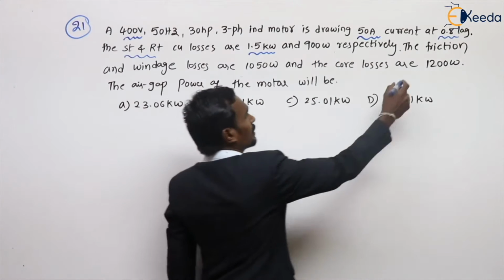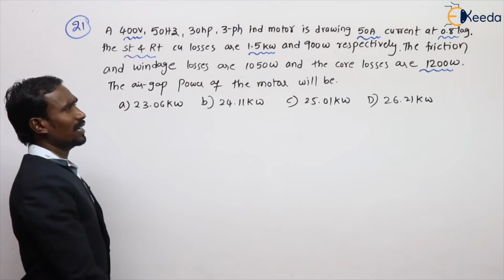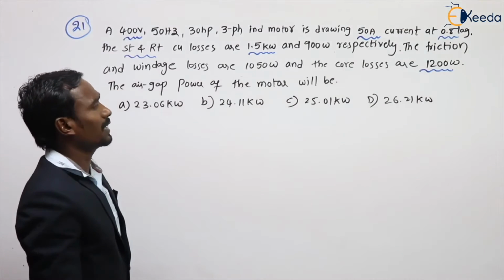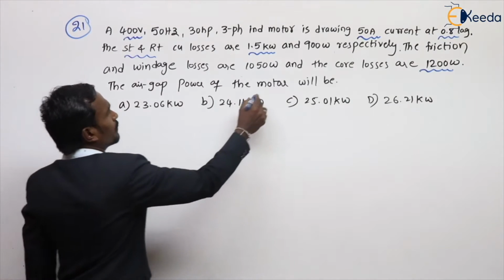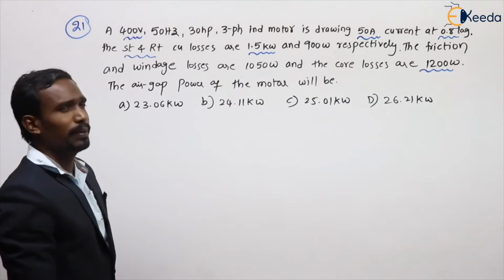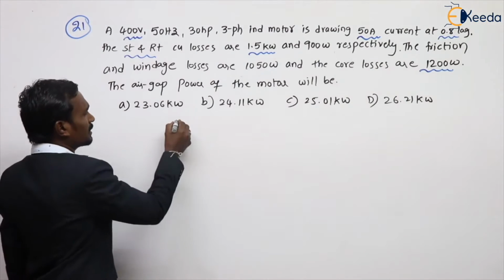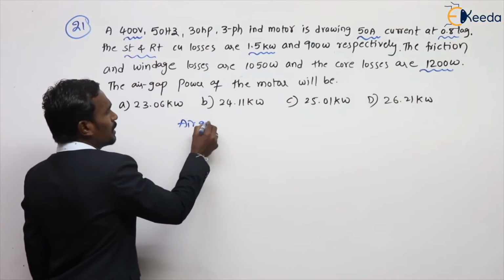And the core losses are 1200 watts. The air gap power of the motor will be... here they are asking air gap power. Air gap power is nothing but